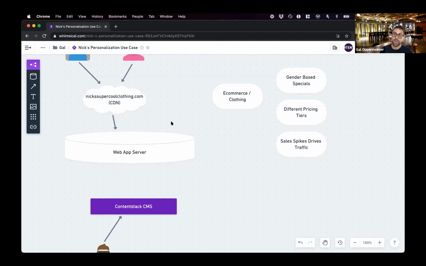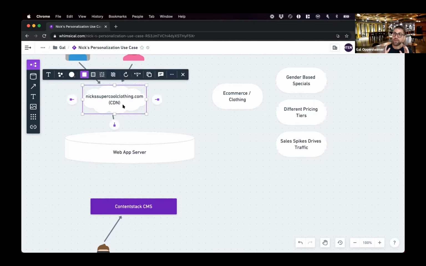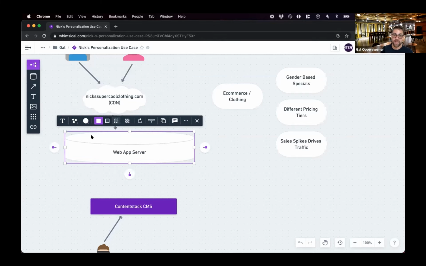You want someone coming in from Florida or New York to have a fast experience, just like someone coming in from California, Arizona, Mexico. So instead of setting up a bunch of different servers all across the country, you set up a CDN and basically you're outsourcing the problem of fast delivery to someone else, and you're just focusing on your website.